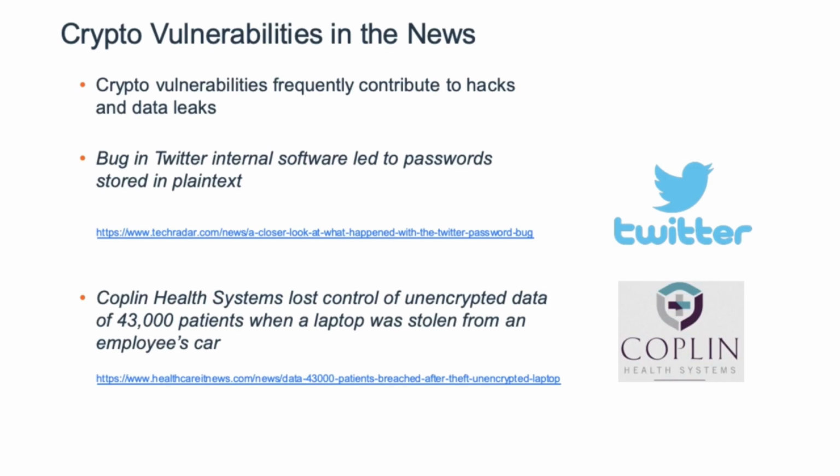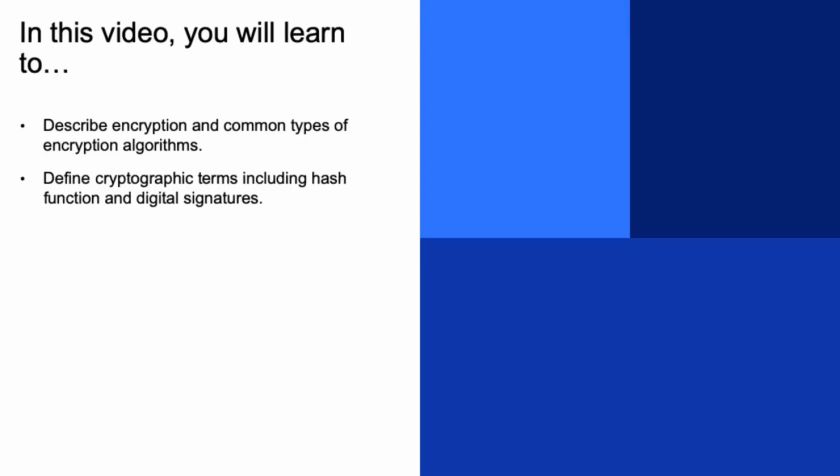So in this particular case, in Twitter software, there was a mistake made and passwords that should have been encrypted were actually exposed in plain text. And another company, Kaplan Health Systems, they lost control of their private business data and personal data of 43,000 patients when a laptop was stolen. That means that that data was not encrypted on the hard disk. So, as you can see, these are very common types of issues, and they're actively being exploited every day in attacks out there. In this video, you will learn to